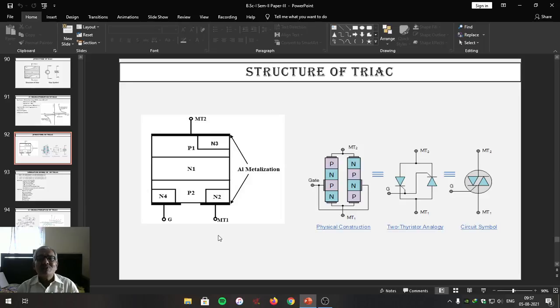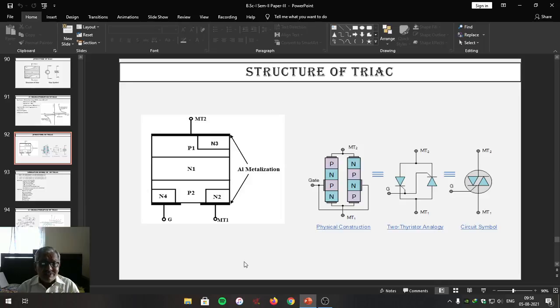In this case also, if we increase the supply voltage to the forward breakover voltage, current will start flowing through the triac. If you want to control this current, we have to connect an additional power supply to the gate, so that by increasing gate current, one can decrease the firing angle so as to increase the current flowing through the triac, so as to control the power developed across that particular triac. Friends, this is how the triac works.